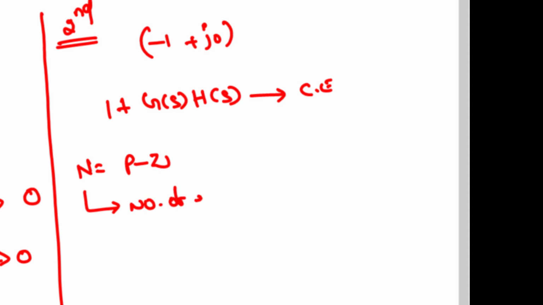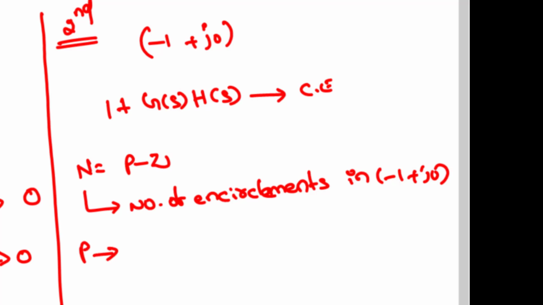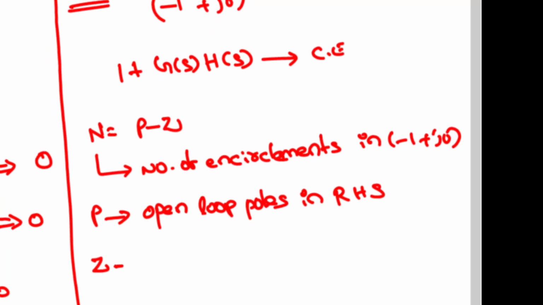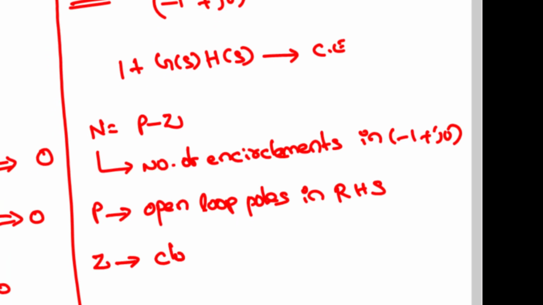Here also the same thing, N = P - Z, where N is the number of encirclements around -1 + j0. The only thing we have to be very careful about is that P is the number of open loop poles in the right half, and Z is the number of closed loop poles in the right half. This is the only change: the open loop poles and the closed loop poles in the right half. This is about the Nyquist criteria 1 and